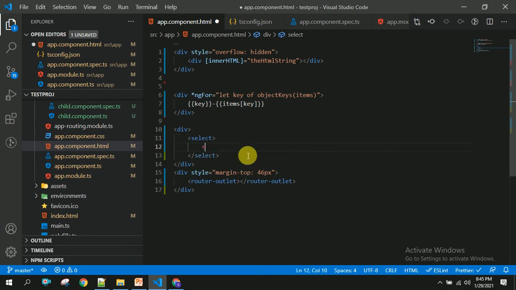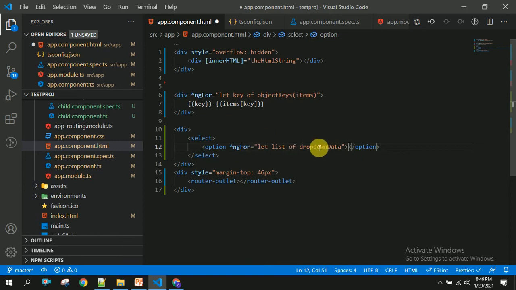This is used for creating dropdowns. This select tag consists of option, and to this option I am going to bind data. Let list of dropdownData.